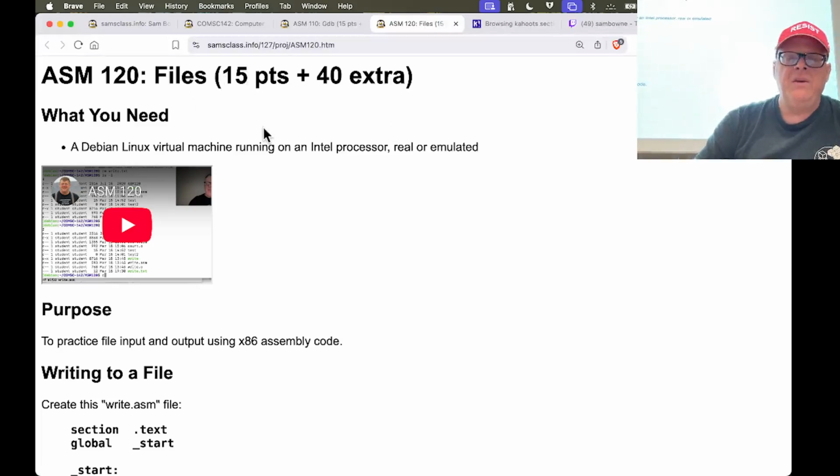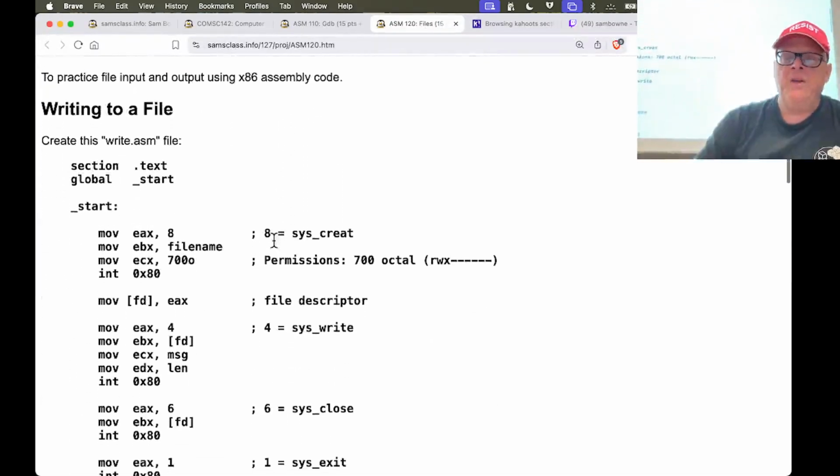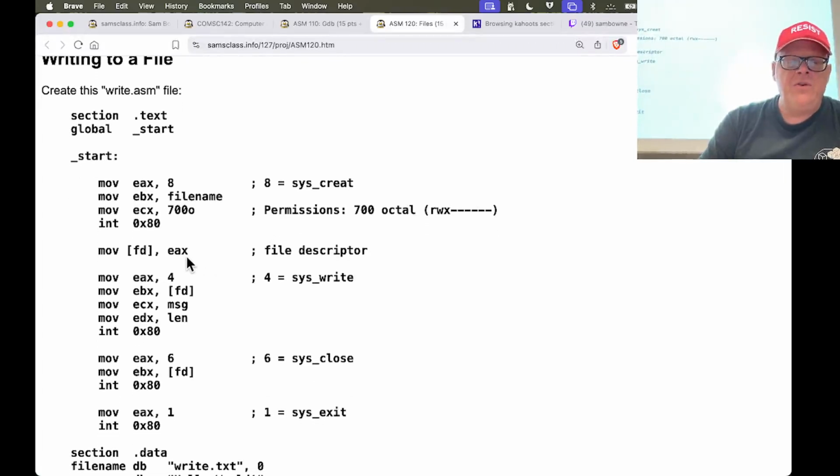So this is 120. This is how you write to files. We've written to input and output, and of course, with files, you have to open a file here, and that's going